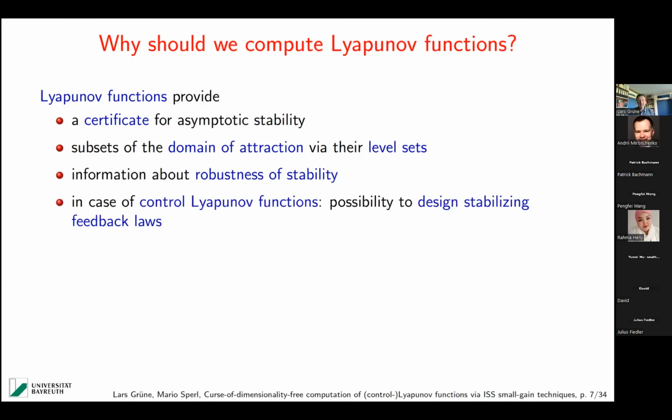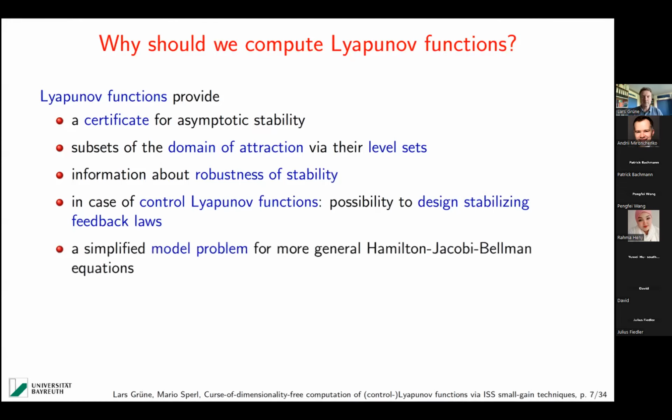In case of control Lyapunov functions, there is much, much more to it, because then these really give you the possibility to design stabilizing feedback laws. And I will talk a little bit about that in the last part of the talk. Yeah, and then I'm very often interested in optimal control. André already mentioned I'm also doing model predictive control. And one tool for doing optimal control is the Hamilton-Jacobi-Bellman equation. And eventually, this is where we would like to go in this research. And I will tell you a little bit in the end where we are at that point.